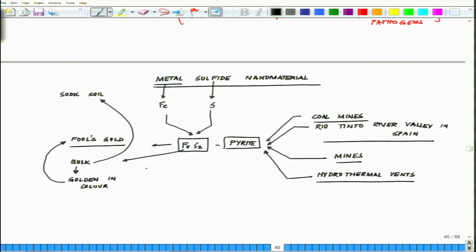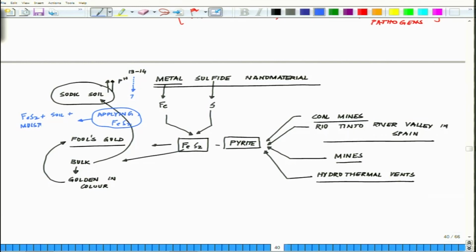Say for example, a soil which is sodic, with a pretty high pH, like say 13 or 14, you can bring the pH down to 7, which is the physiological pH, by applying FeS2 or pyrite, because once FeS2 gets into the soil in the presence of moisture, it generates a sufficient amount of protons which brings down the pH. Okay. So, for reclaiming sodic soils,